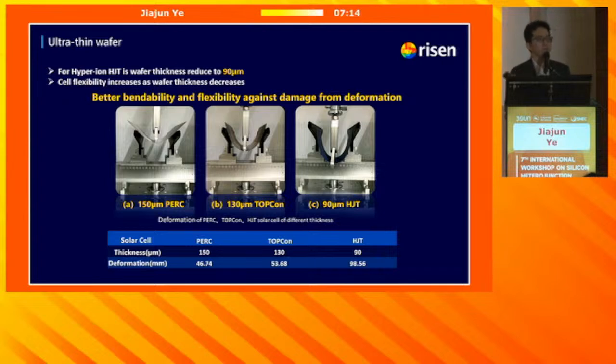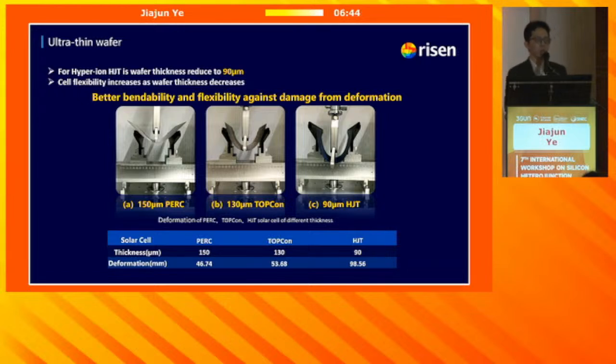And even the cell can be rolled up, but still the performance will not be impacted. We have done some tests for that. This is also important for nowadays, because the modules are becoming bigger and bigger. It sometimes cannot be avoided that we have central deformation in the cell or in the modules. So with better bendability, we can better resist this deformation in all the cases, like a strong